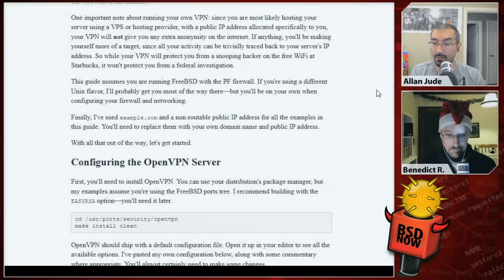One important note about running your own VPN: you are most likely hosting your VPN server using some hosting provider with a public IP address allocated specifically for you. Your VPN will not give you any extra anonymity on the internet, right? Obviously, that one IP address tracks back to your VPS, which tracks back to your credit card. If anything, you're making yourself more of a target since all your activity can be trivially traced back to your server's IP address. So while your VPN will protect you from the snooping hackers on the free Wi-Fi at Starbucks, it won't protect you from